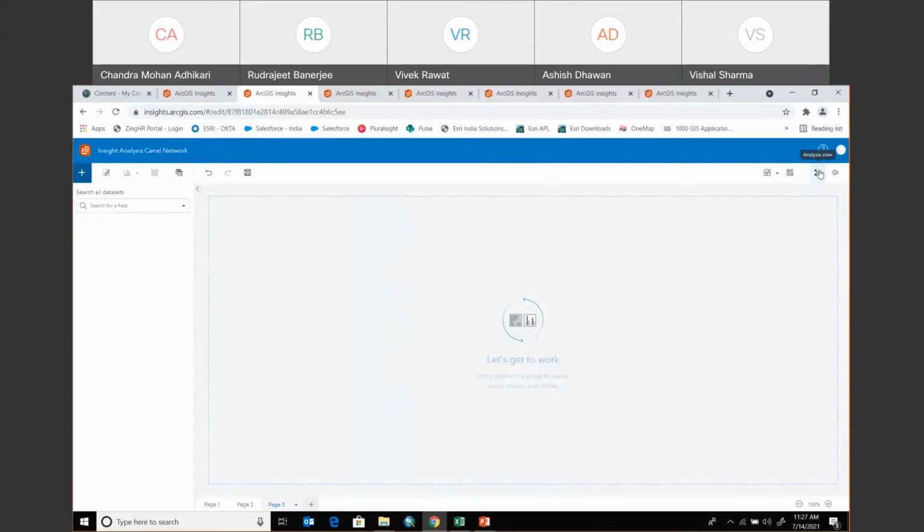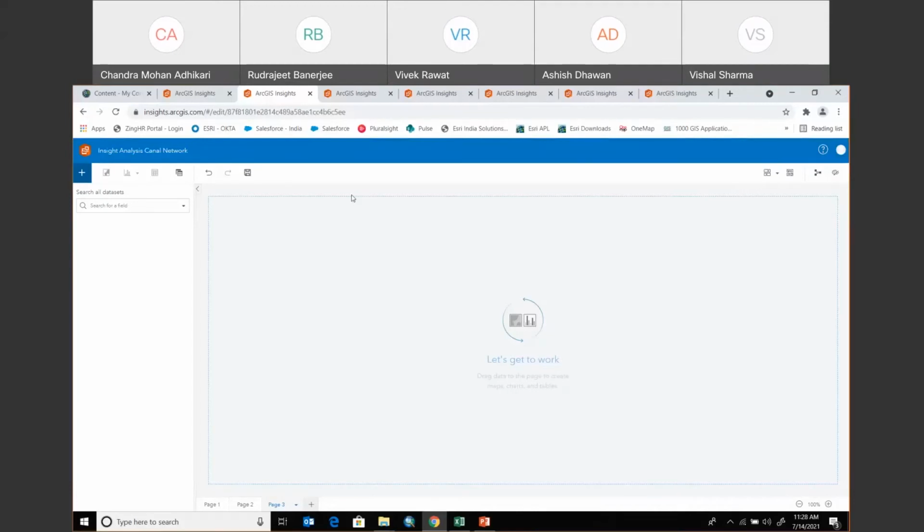And this is an option wherein you can have an analysis view, which will generate the entire model for your analysis, the workflow which you have, and the entire setting of the workbook can be performed from here.